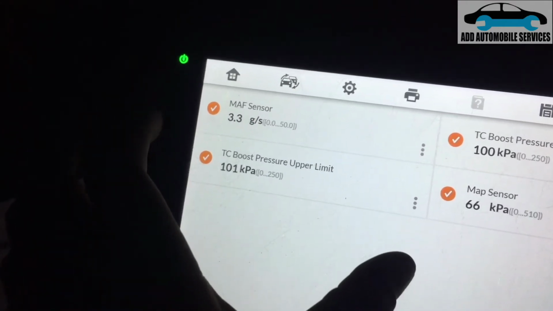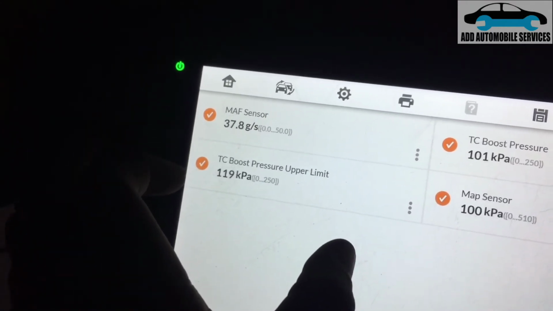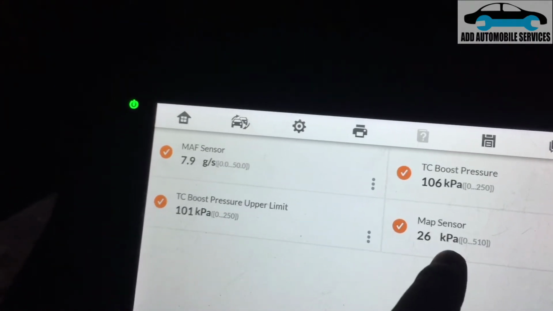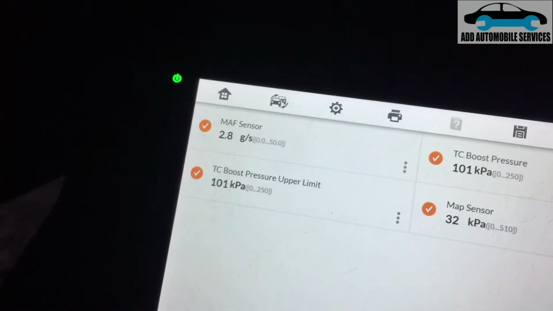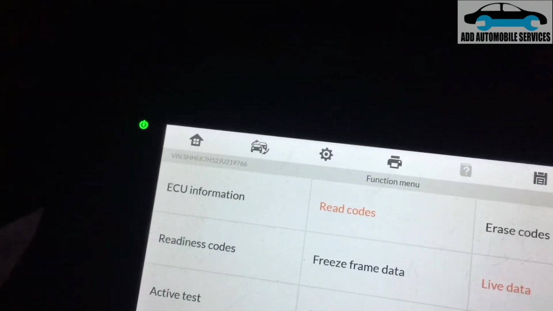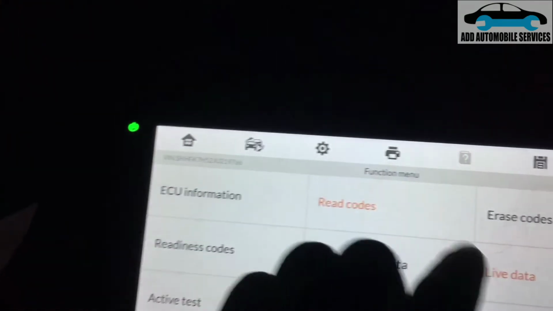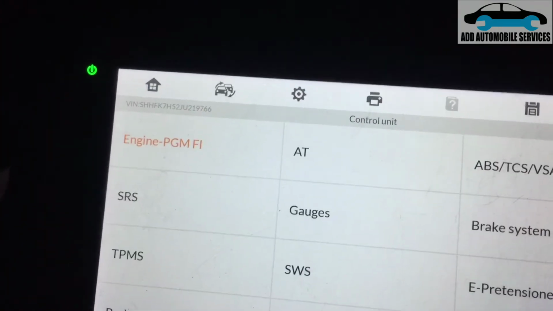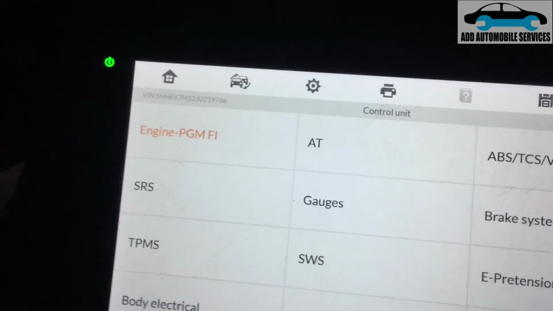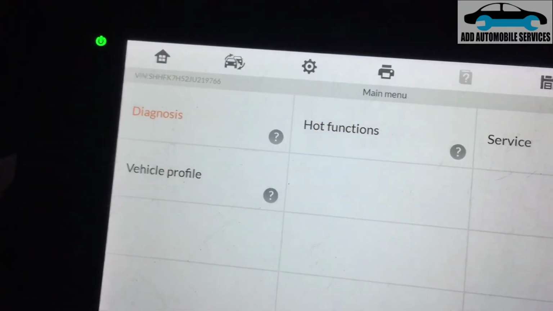So now there's no collision. Now the turbo boost is in, so you can see the turbo boost pressure. It's okay. And because I'm at idle, that's why it's having this limiter on it. Okay, so what I'll do now is go back and check my fuel trim,